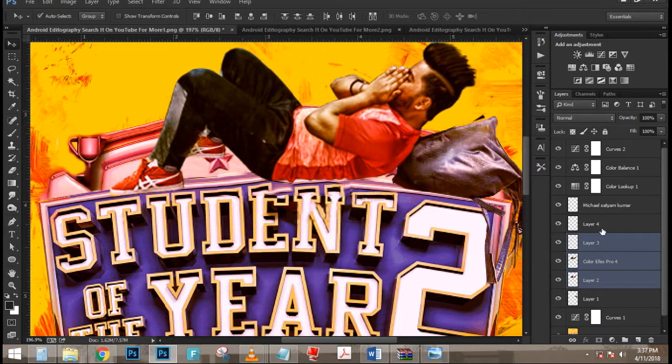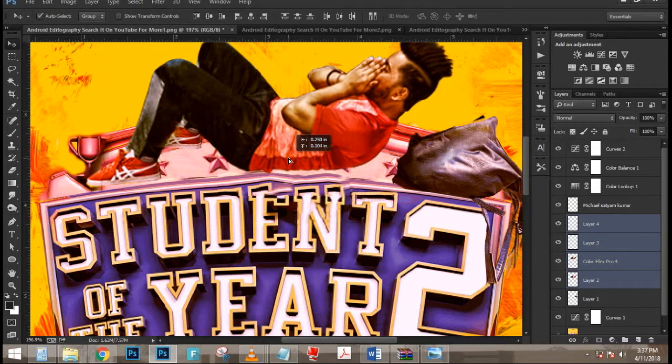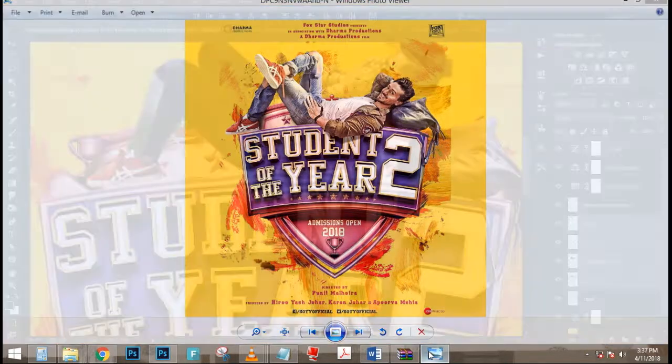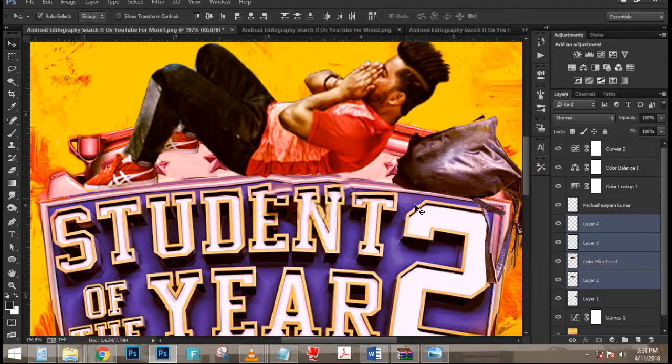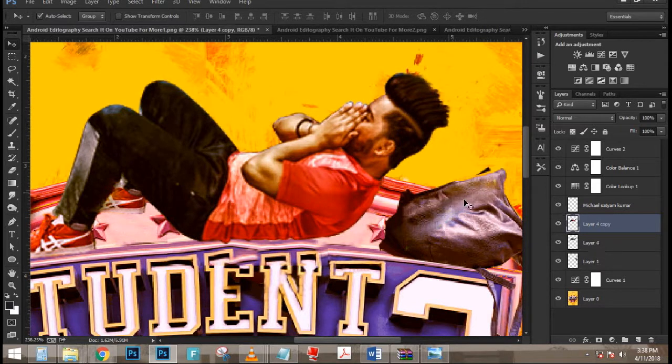So I'm going to drag this one over to the left a little bit. I'm looking at the edges here. And maybe drag this one to the left as well. And press OK. Now, what I'm going to do now is click on the brush tool, select black as my foreground color so I can paint with black. I'm going to increase the size of my brush by clicking on the right bracket key on the keyboard, and